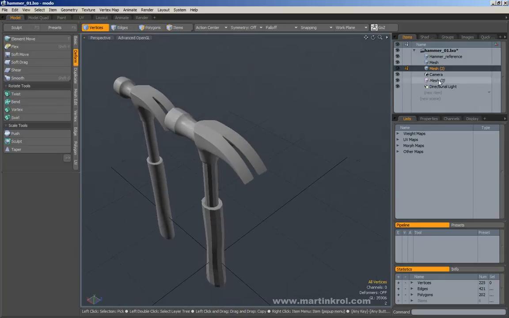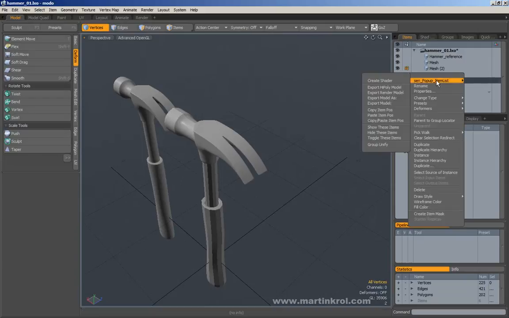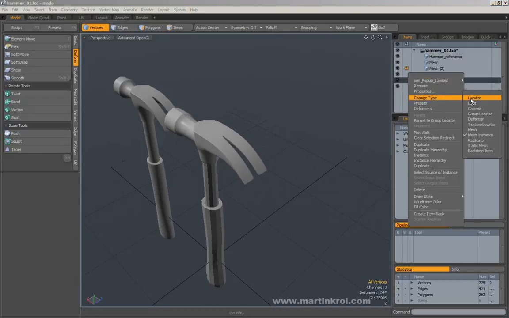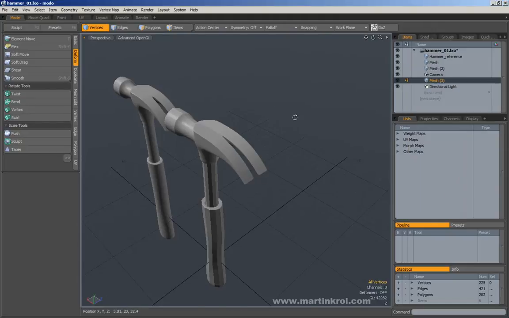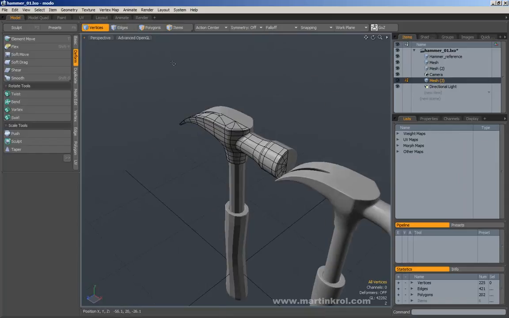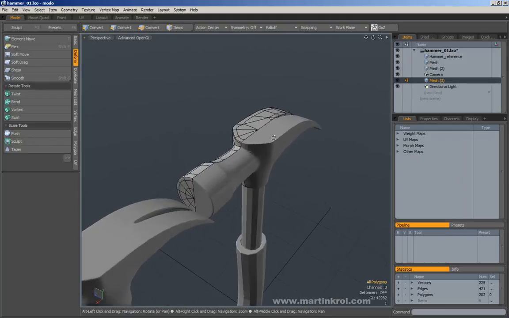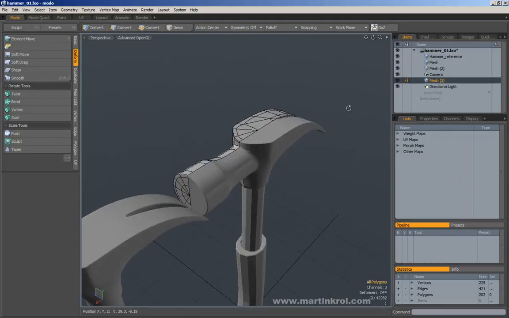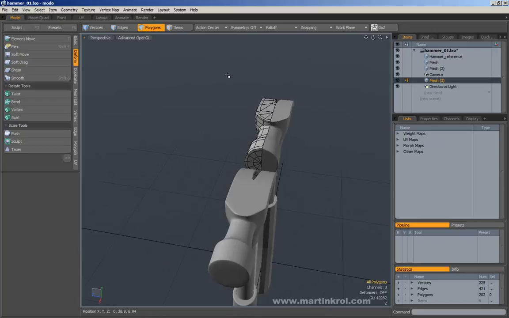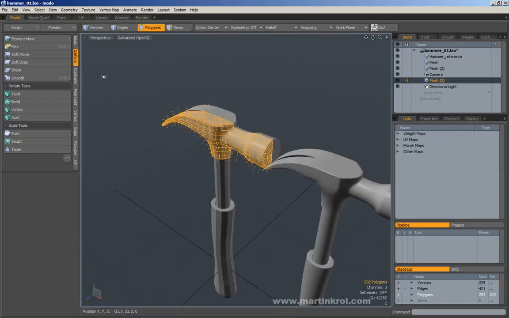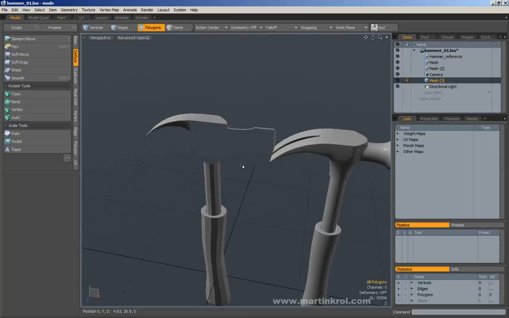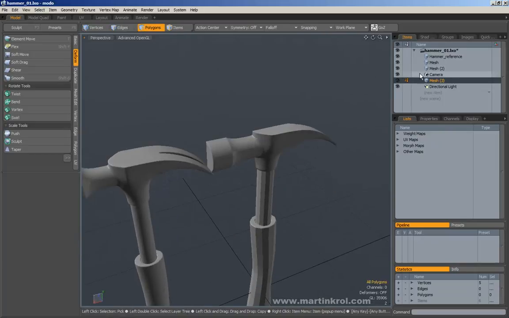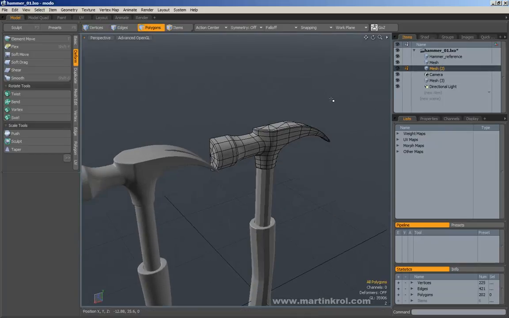So first thing I'm going to do is select my instance that I have created earlier. I'm going to right click on it, go to change type, and choose mesh instead of mesh instance. And of course now you'll notice that I can actually select the other side of the model and affect it. So if I take this new mesh, middle click and select all the way across it, then press Control X to cut that portion out, and then select this part here and press Control V,